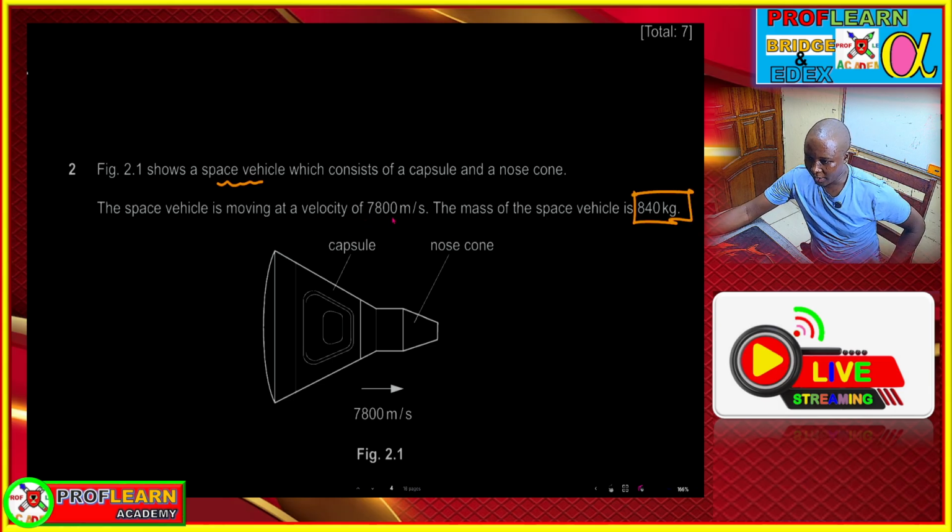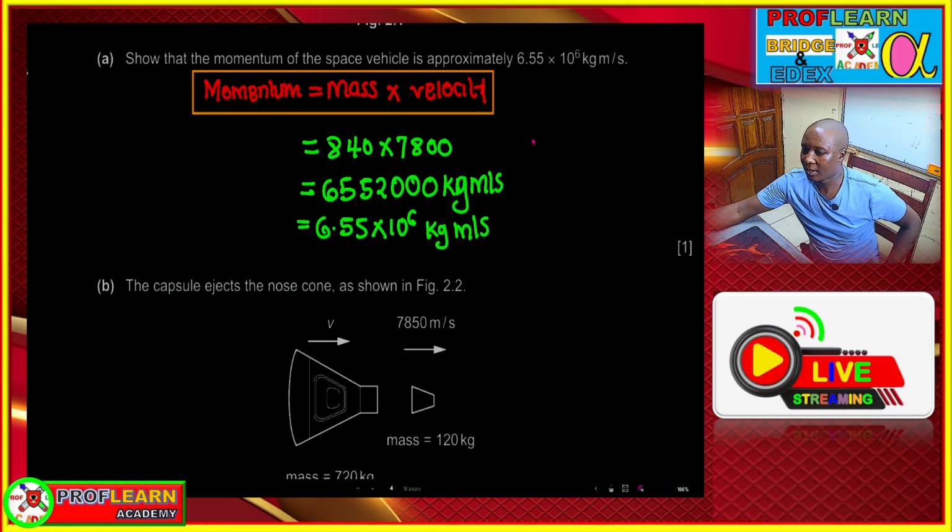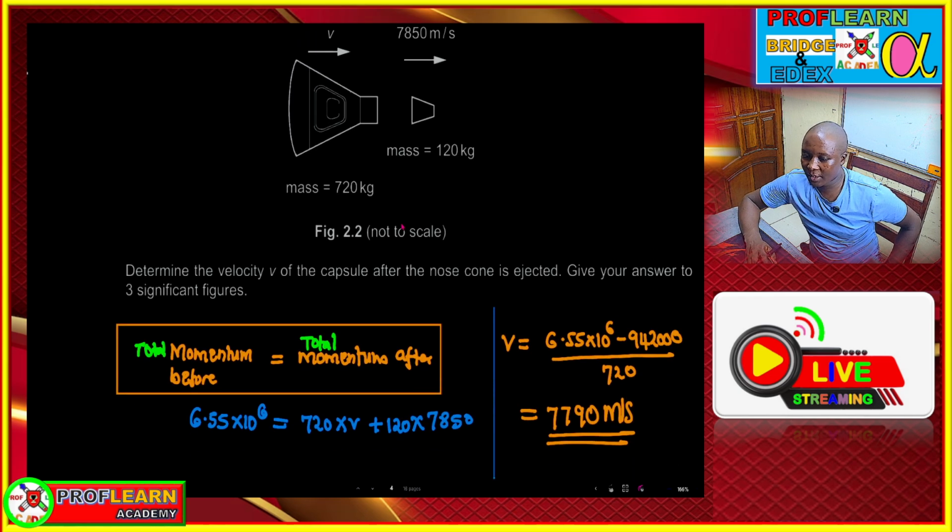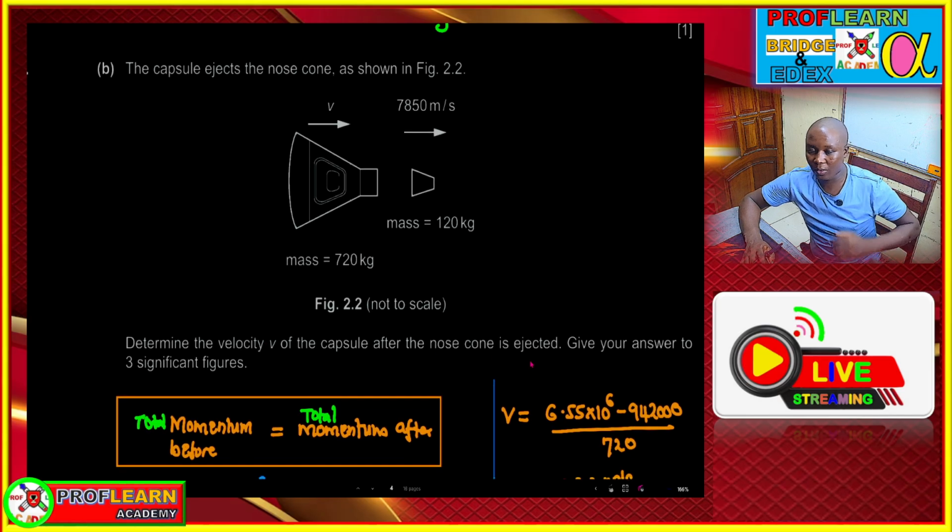And it was moving at this velocity. So we can get the momentum using the formula that I've highlighted here. And if you work it out, it will be 6.55 times 10 to the power 6. Once you've done that, the next question was to determine the velocity of the capsule after the cone has been